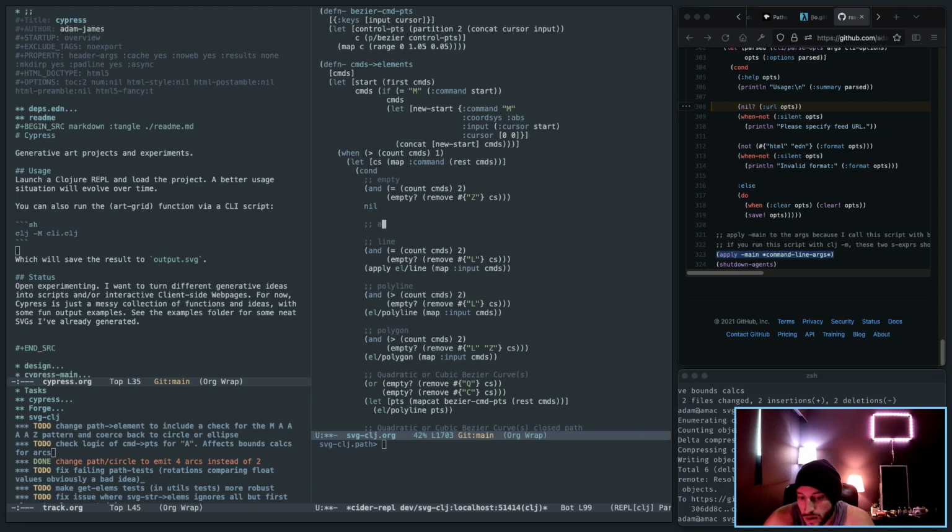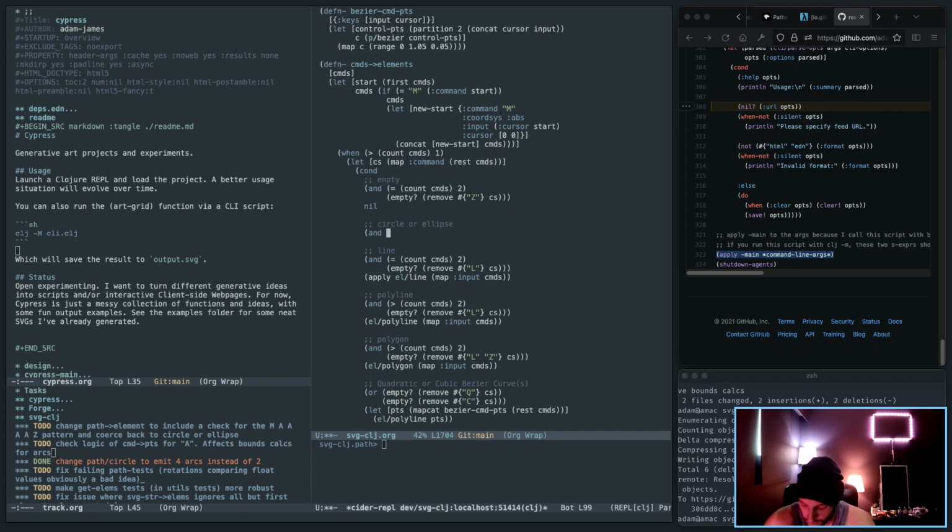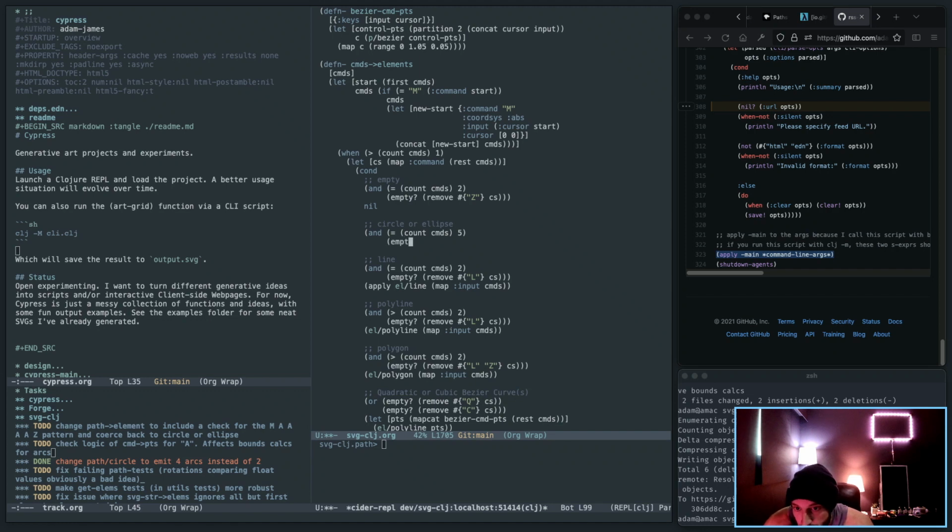We can do: if the count of commands is equal to 4, no, this would have to be 5, right? Because yeah, 5 and empty,